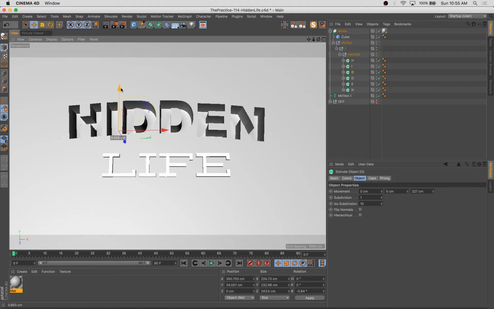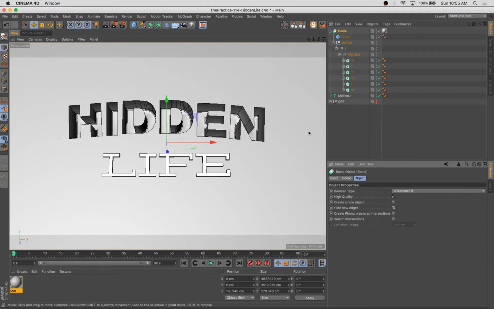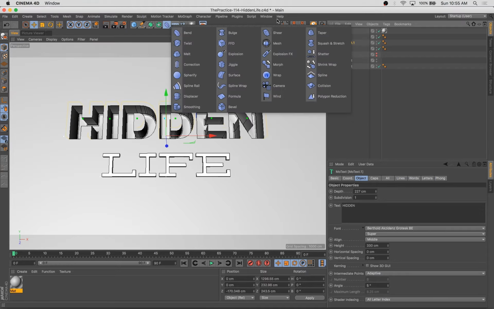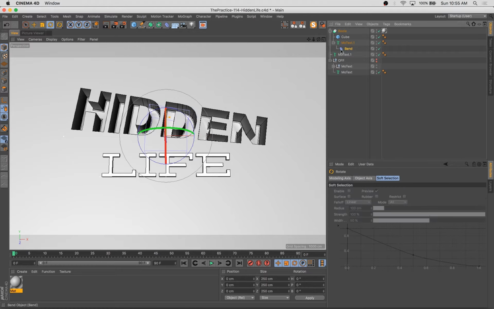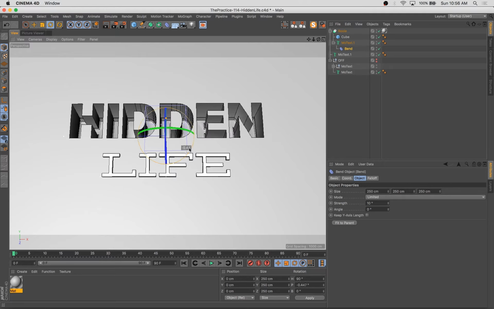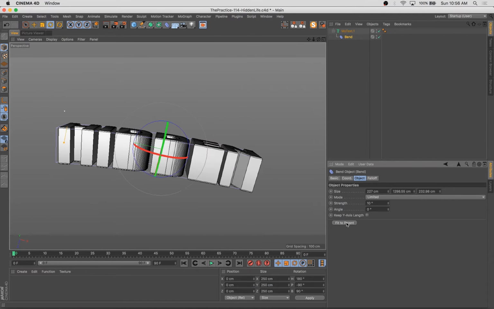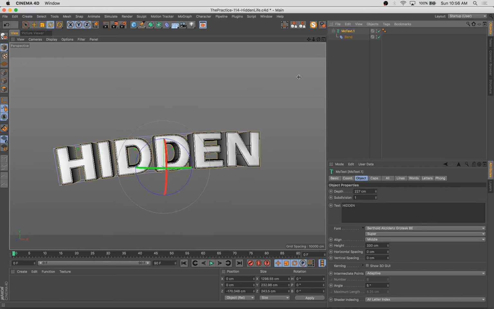First here, I'm getting a nice sort of curving arc to these letters and trying to do them by hand, but it's not very neat. I'm not loving the way it's coming out, so I shift my approach here and decide to use a bend deformer. These are kind of annoying to position sometimes. They don't always make perfect sense. But once you do get it positioned, that new fit to parent option is super, super useful,